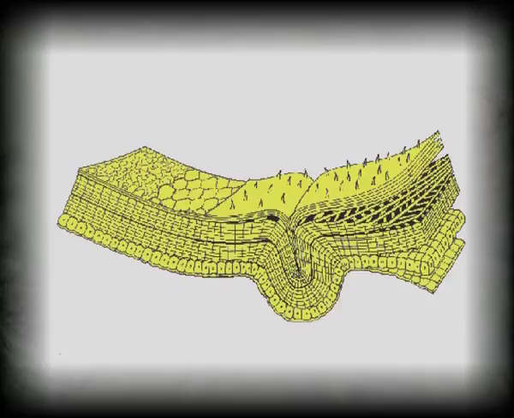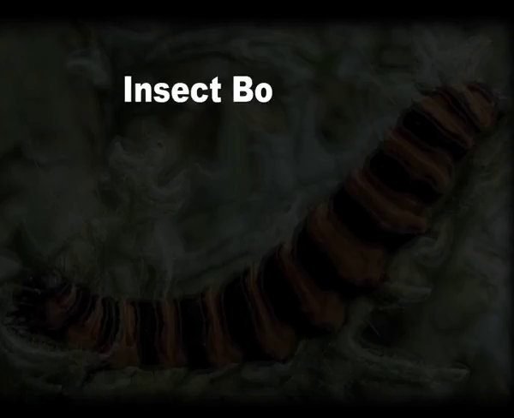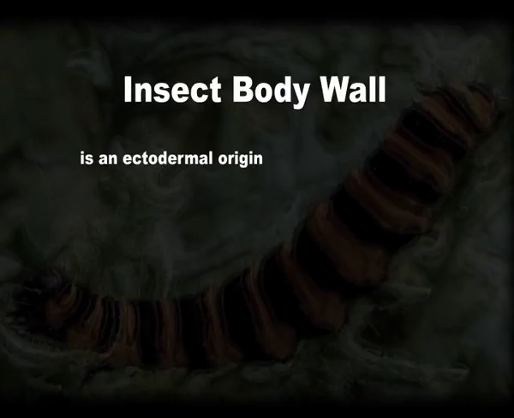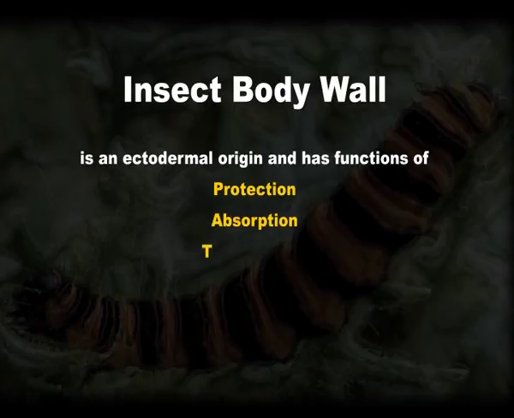Dear students, in the previous class we saw about the insect head, thorax and digestive system. In this class we will see about the insect integument or body wall. So what is the insect body wall? It is an ectodermal organ and it has functions of protection, absorption, transpiration, secretion, excretion